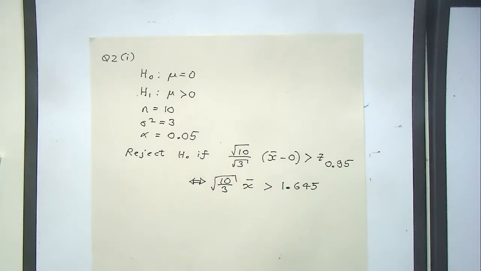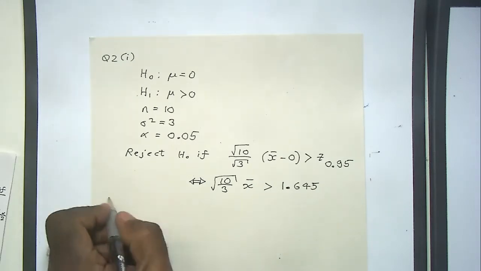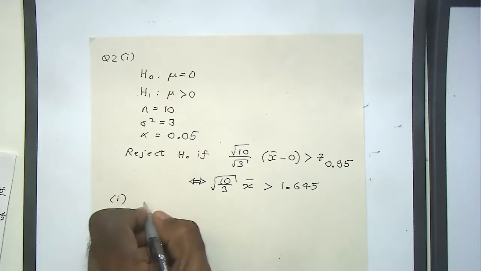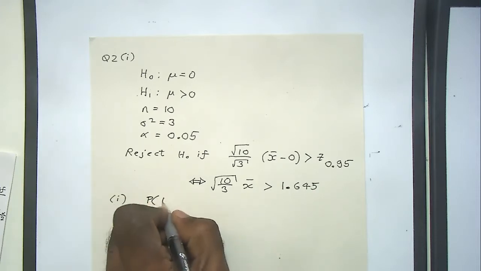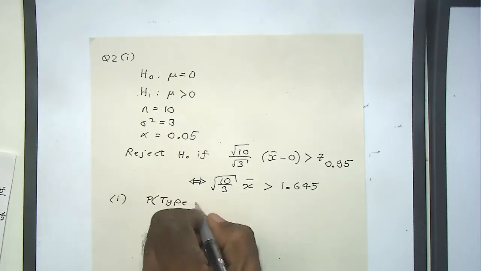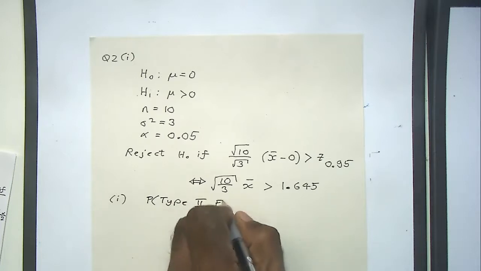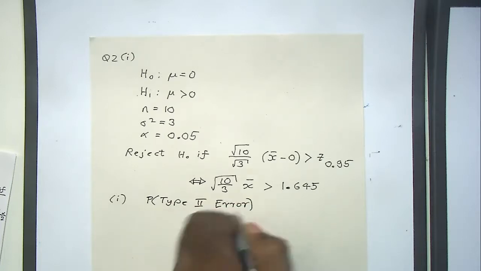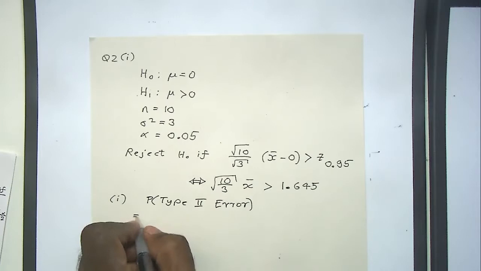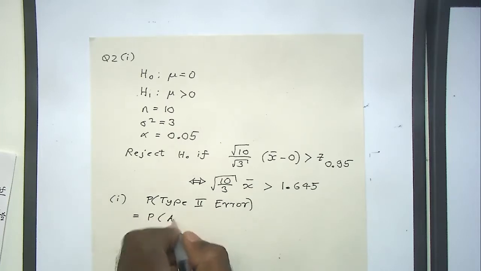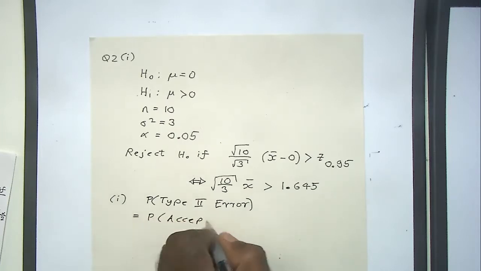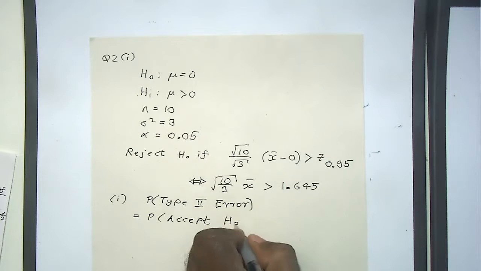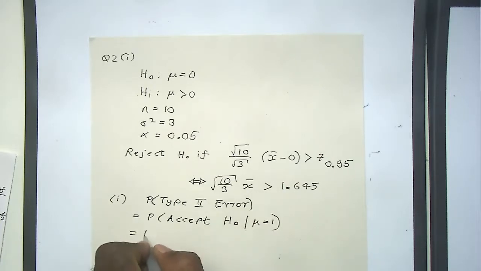So that's part 1. Part 2 is to calculate the probability of type 2 error. If the true value for mu is 1, that's the probability of accepting H0 when mu is equal to 1. So in other words, this is the probability that